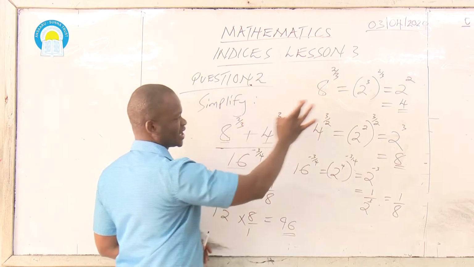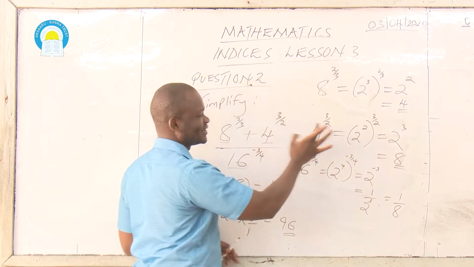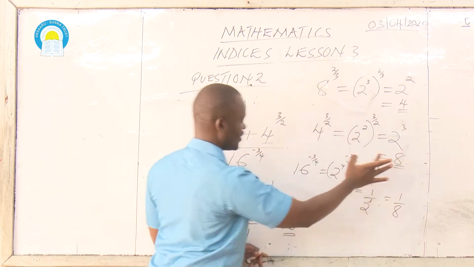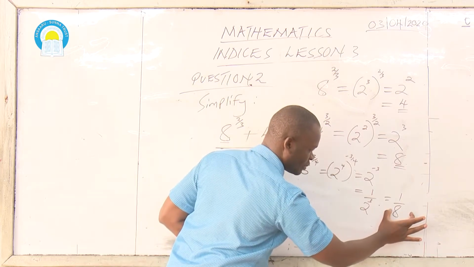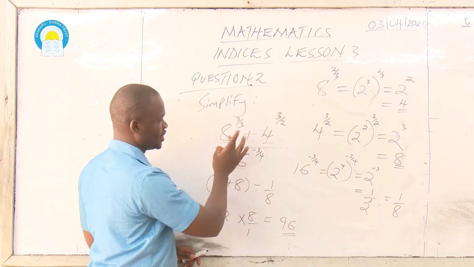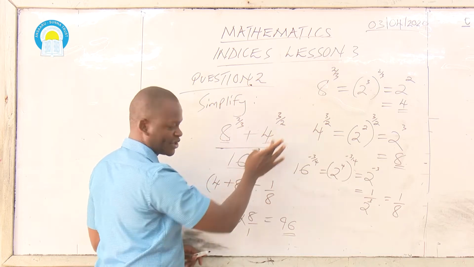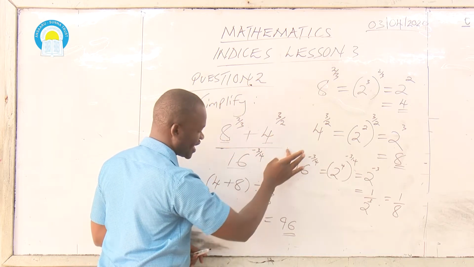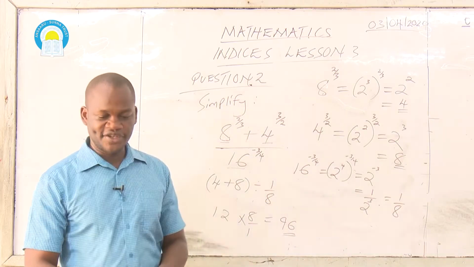Work out this separately to obtain that. Work out this separately to obtain that. Work out this separately to obtain that. Then of course you combine. Take the outcome of this plus outcome of that, divide by the outcome of that. That becomes the eventual